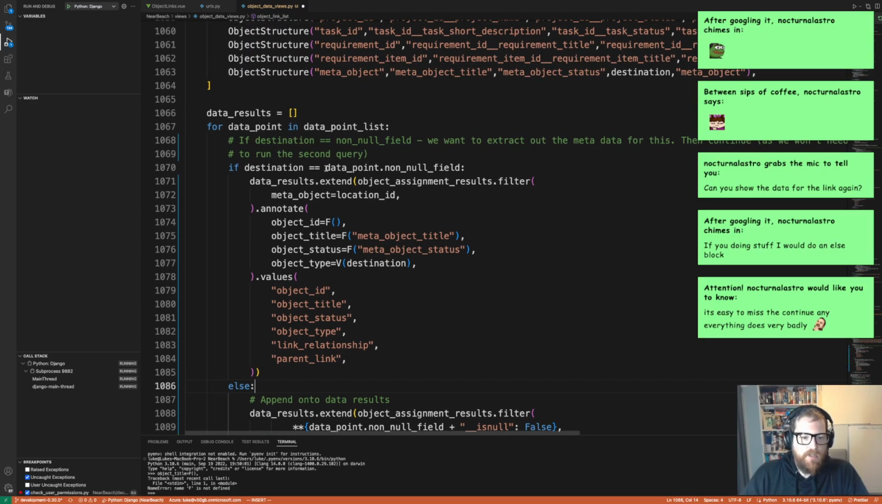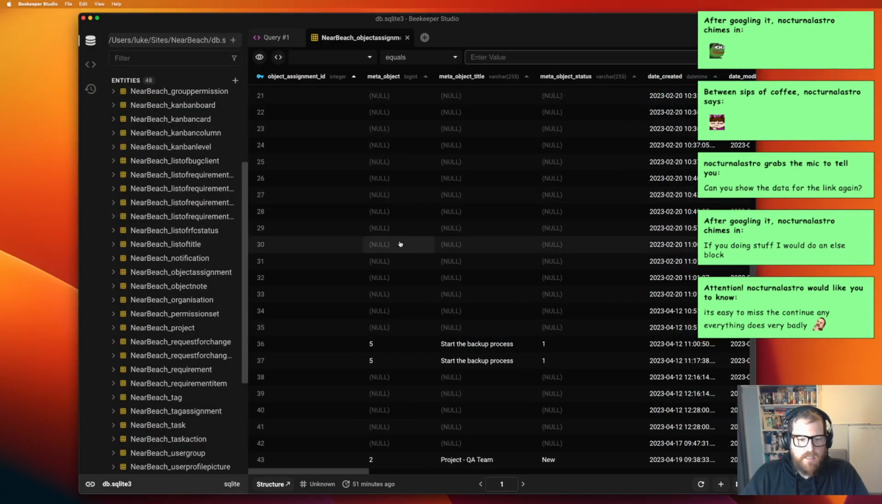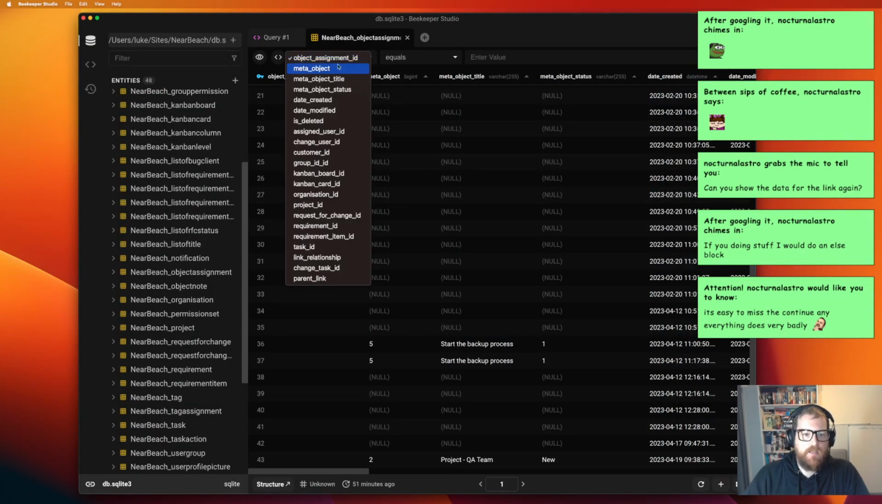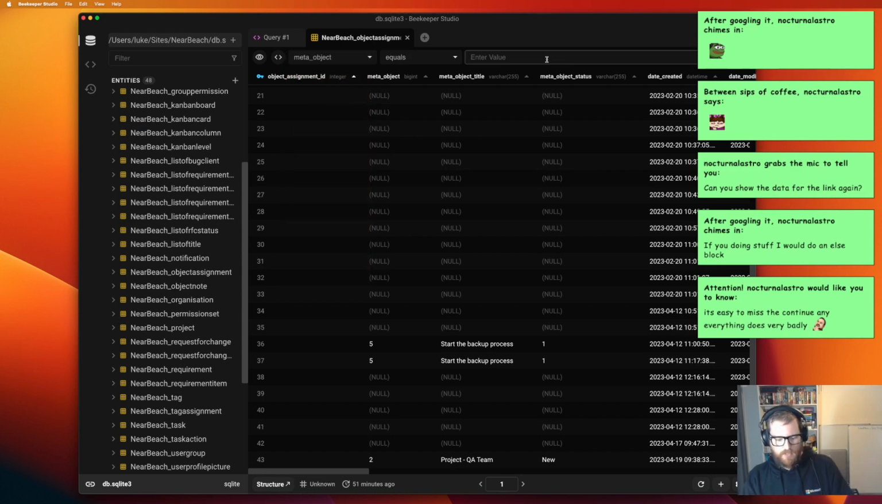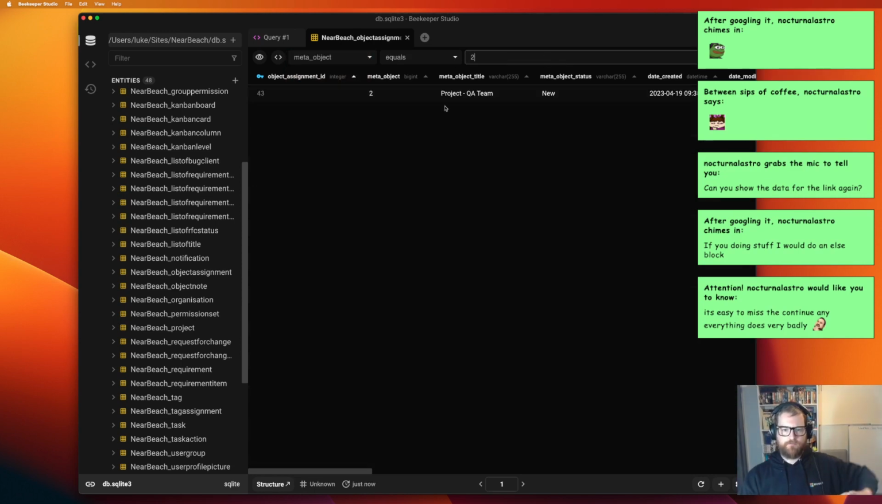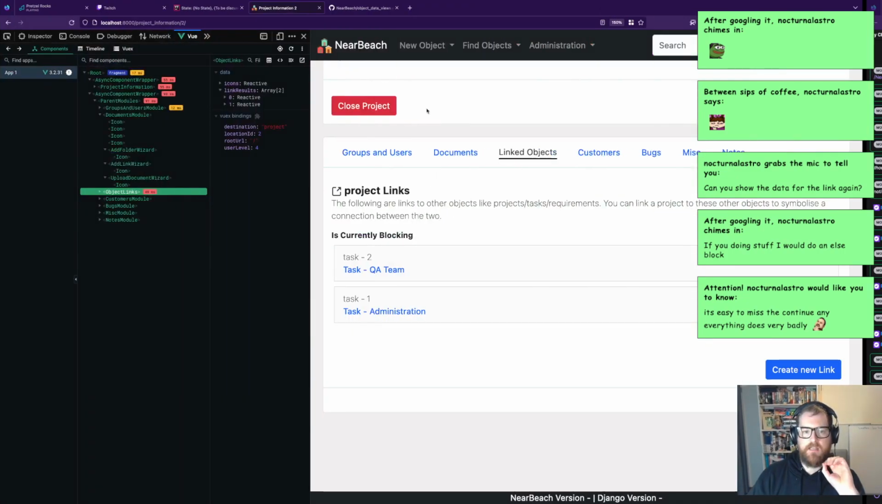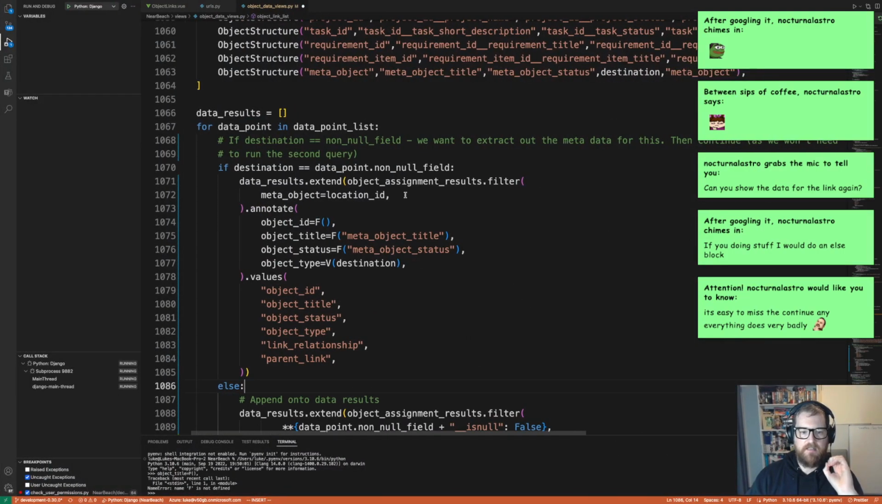So if destination data point is null, it adds in data. What we're doing here is getting the meta object equals 2, because we're dealing with a project 2. In reality, there could be a dozen other meta objects too, because you'll have tasks too, you'll have RSCs too, and so forth. So instead of just having a 2 here, we need to make sure that the